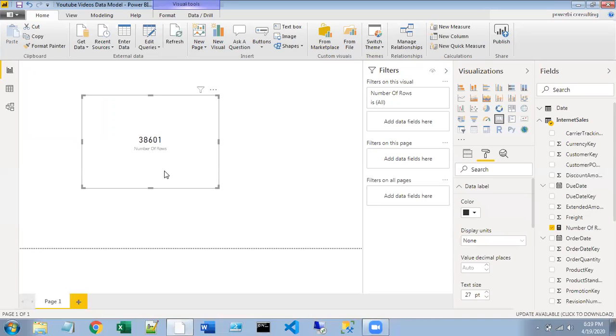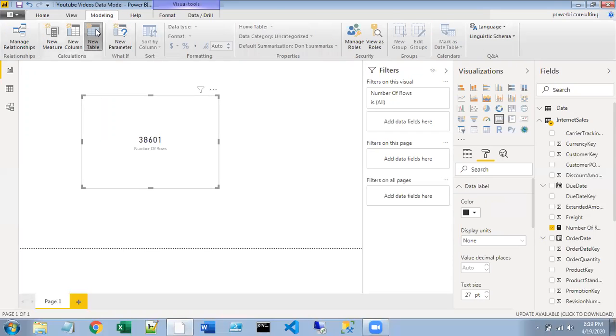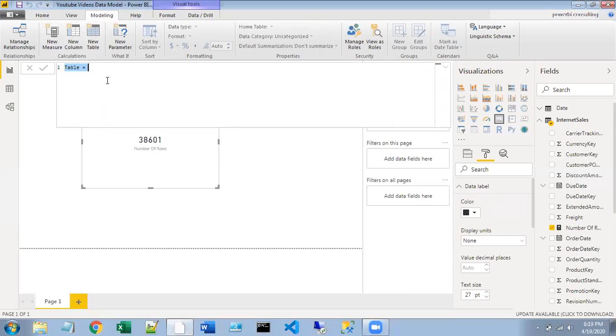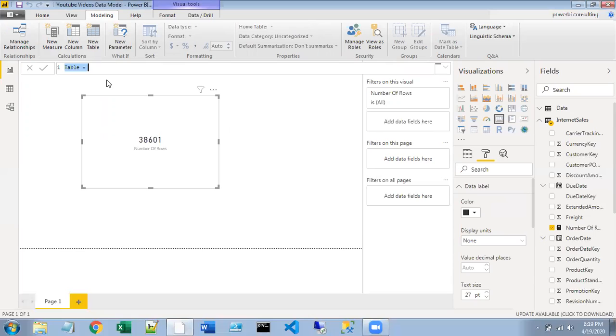If you want to look at the actual result, the table that has these many records, go to your modeling tab and choose new table. Let me name this table sales greater than $10.